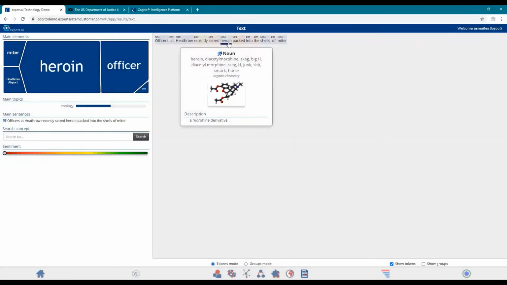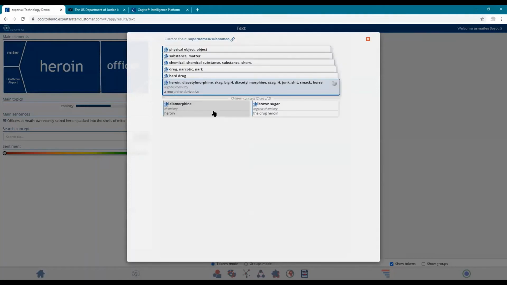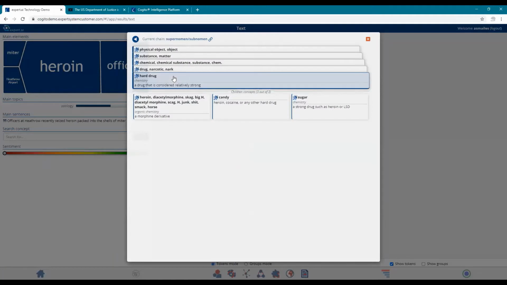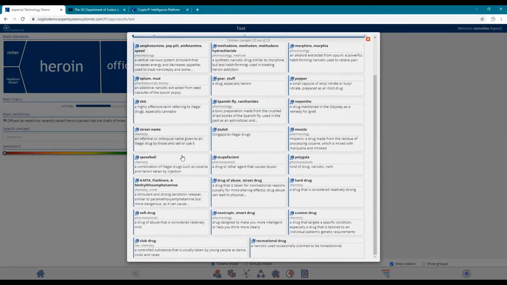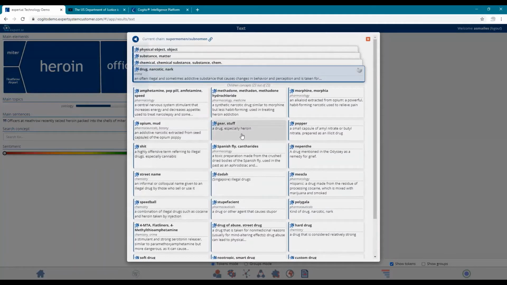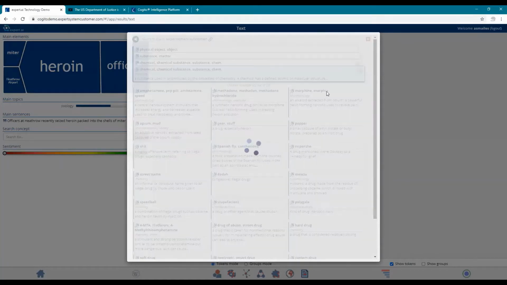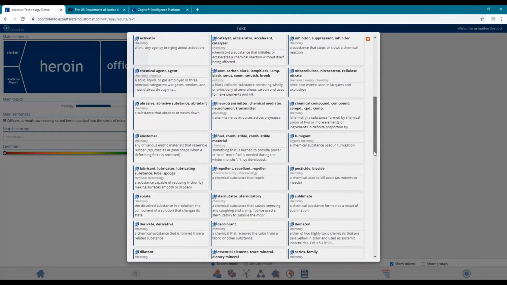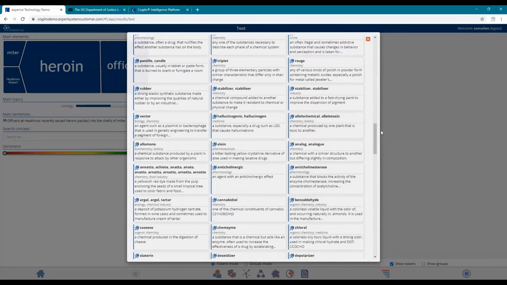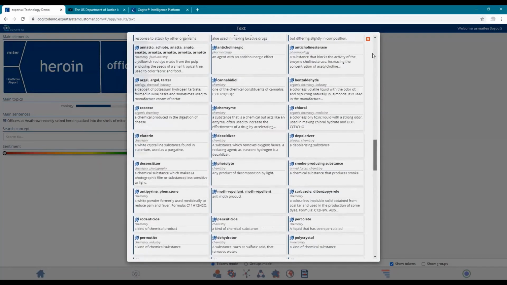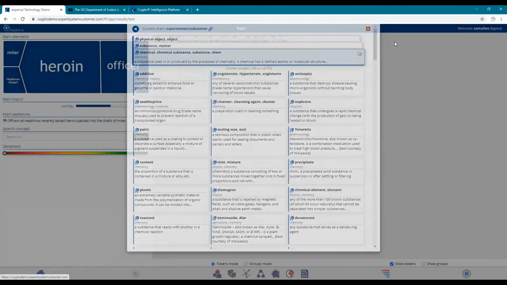We take the word heroin. Heroin is classified as a hard drug, comes under hard drugs. So there's heroin, different sort of names of sugar. There's multiple different types of drugs. So here are listed all the other sort of drugs, like recreational drugs, gear, opium, speedball, whatever. These are chemical substances. So here are all the different sort of chemical substances within the Scrappo, and you can see it's very comprehensive, the list of all the different substances.